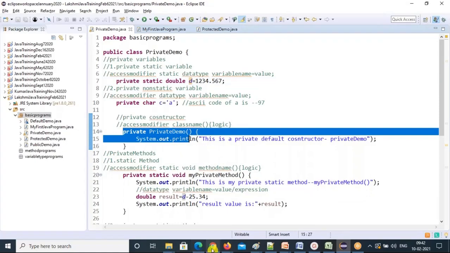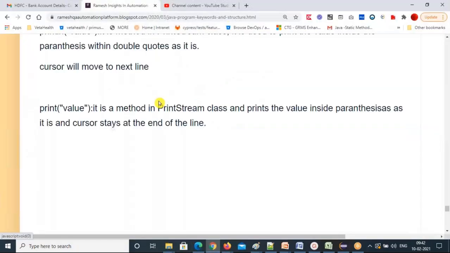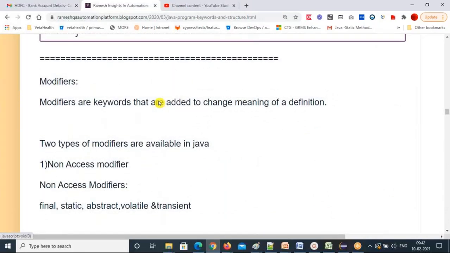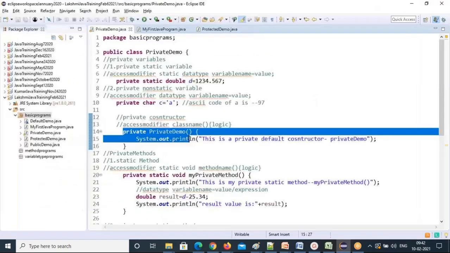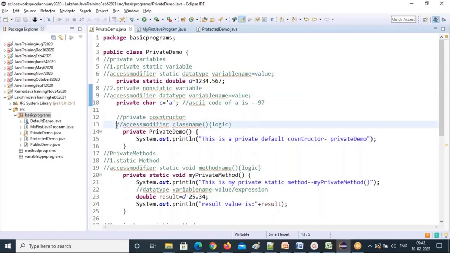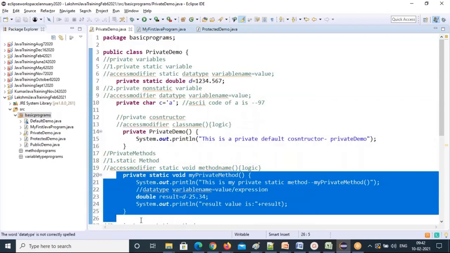What I told you very clearly here: the private keyword can be applied only on method, variable, and constructor. Those three places only I applied, madam.